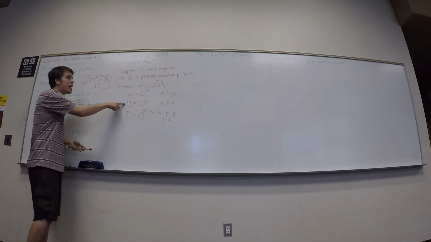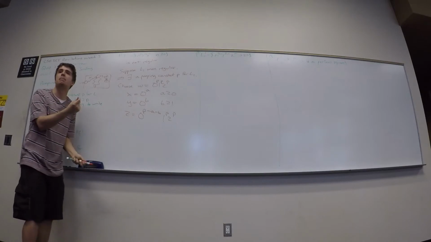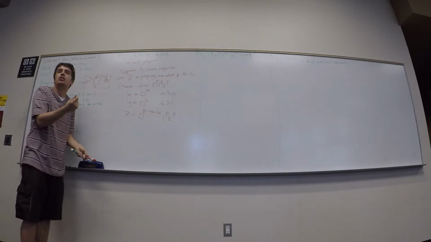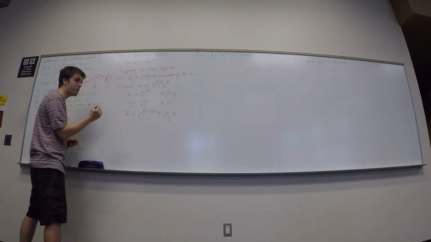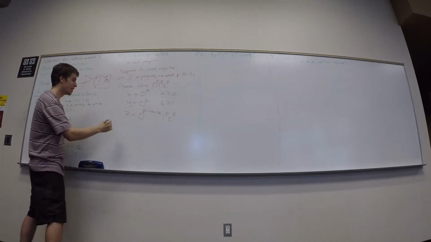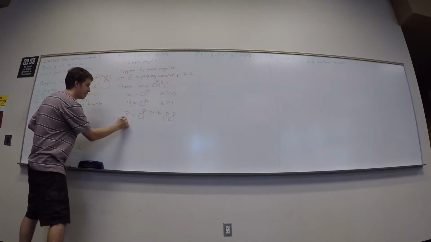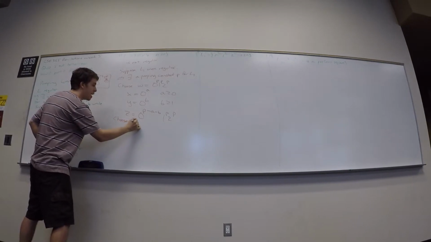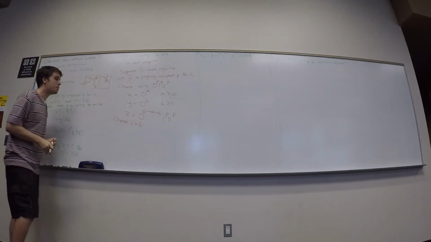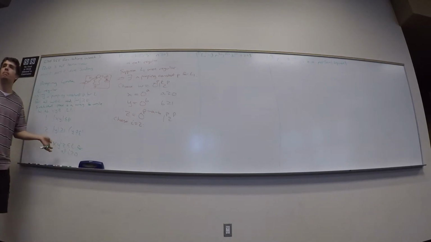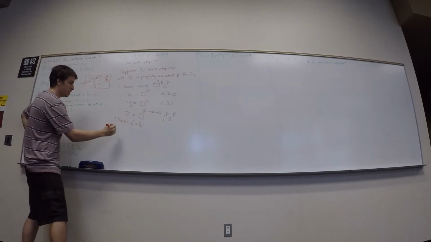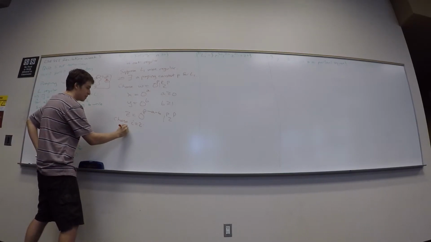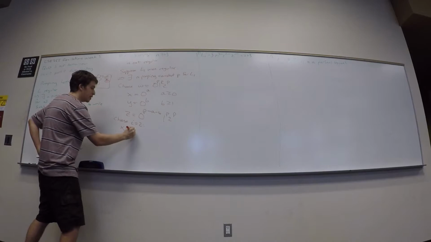1, right? I only have 1 copy of y, so I better not pick 1. Any other suggestion? 2. It'll actually turn out that every value other than 1 works, so it'll be hard to find one that doesn't. But let's just choose i equal to 2. I could have picked i equals 0, 3, 4, any of them will work. Well, let's see what happens. x, y squared, z.